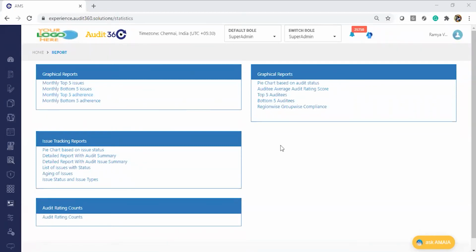Whatever audit was executed during that start and end date period, those dates are considered. Review period is not considered in this geographical report. Having said that, the review period is part of different reports, which I'll show further.